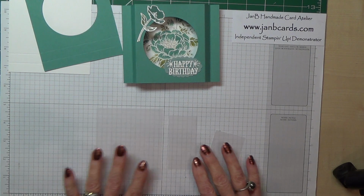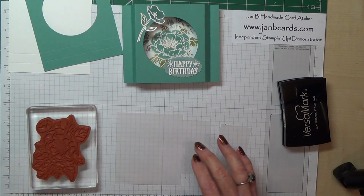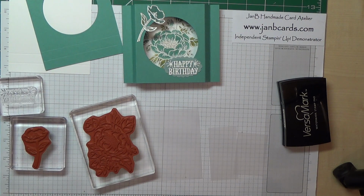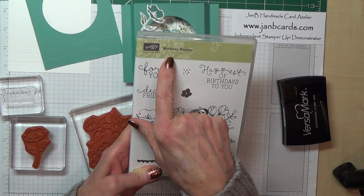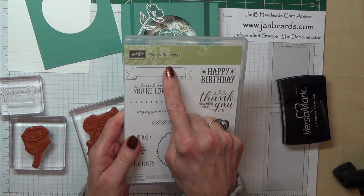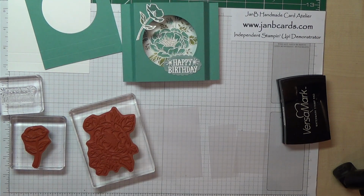This is for the stamping and the heat embossing. Now the stamps I'm using are from 2 of the new sets coming in the spring catalogue. So first of all, it's the large flower here and the smaller flower. That's this one and this, and they're from Birthday Blooms. And the sentiment, the happy birthday, is from You're So Lovely. Okay, that one there. And both of these are in the new spring catalogue that goes live on 5th of